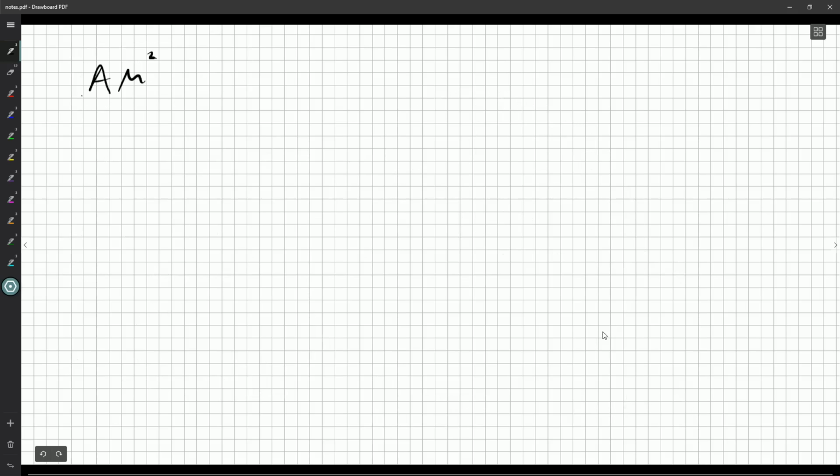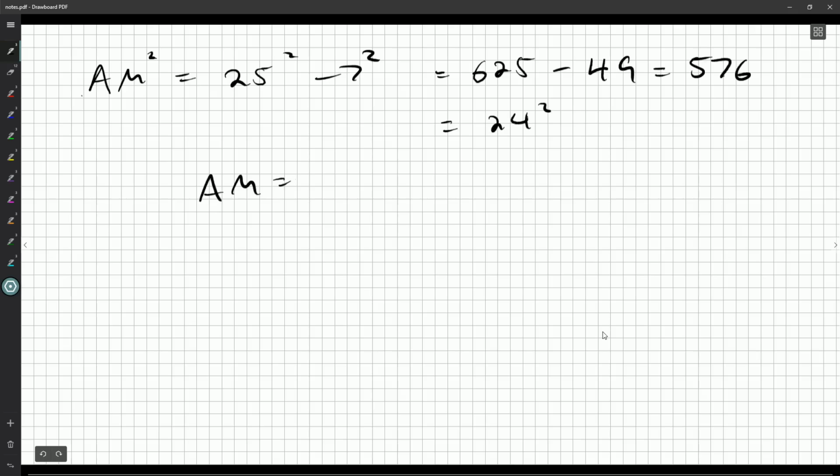So you can say AM squared is 25 squared minus 7 squared. You can say by the Pythagorean theorem if you need to. 625 minus 49 is going to be 576, which is 24 squared. So AM is 24, and the answer that we want, the length AB, well that's 2